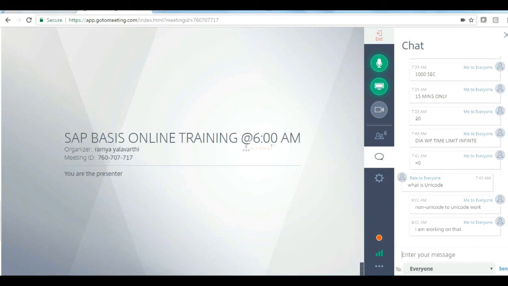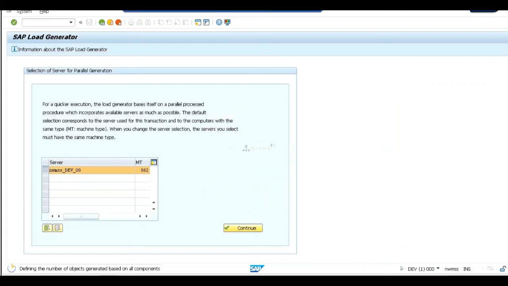I have just started the preparation steps and all. In real time, normally it will be Unicode only, no? Yeah, all systems are Unicode only. Non-Unicode systems are very rare. If you have old systems, then non-Unicode. Still one of my clients has a non-Unicode system. Now he wants a conversion from non-Unicode to Unicode.